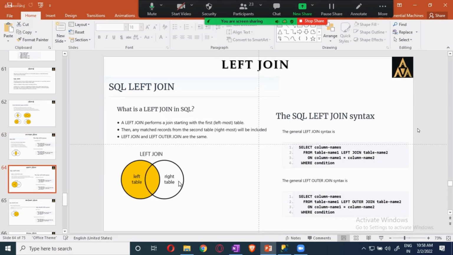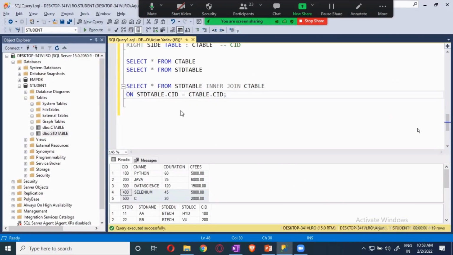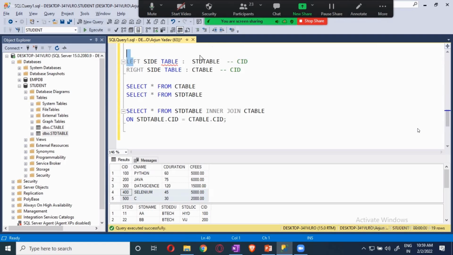Now this is the left join. What do you mean by left join? As I said, left join is left centric. Left centric means it will give priority to the left side table. Now in this, what is our left side table? I told you over here, the left side table is the student table, right? Student table is the left side table. Now we will present all the records from the left side table, and only the matching course IDs will be presented from the right side table, not all the records from the right side table. Okay, only matching course IDs will be presented to you.